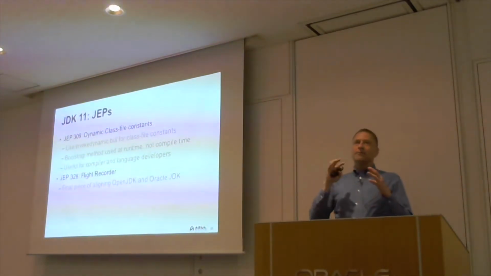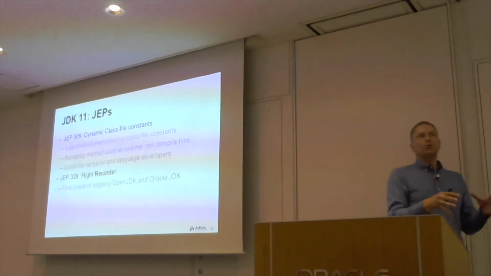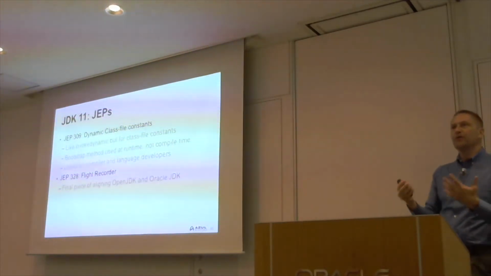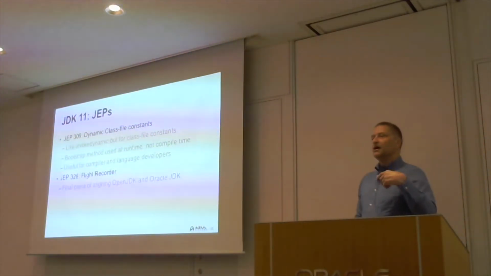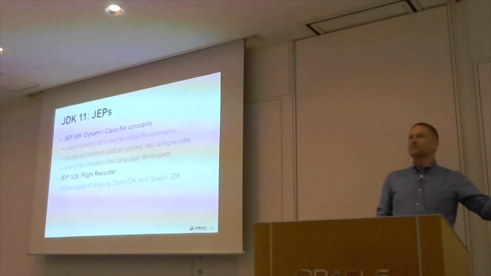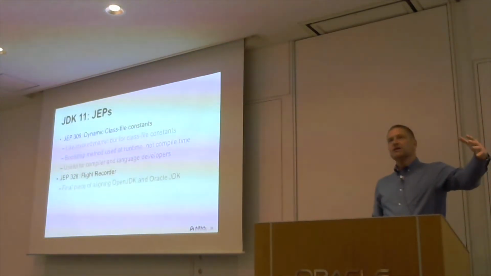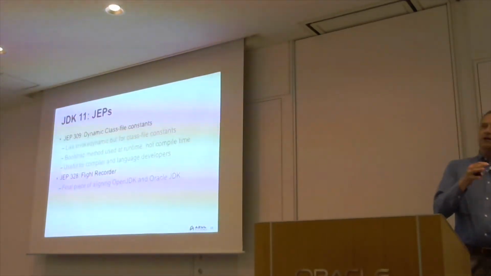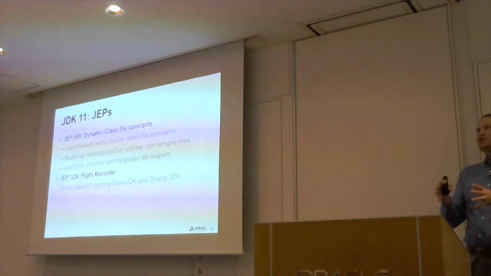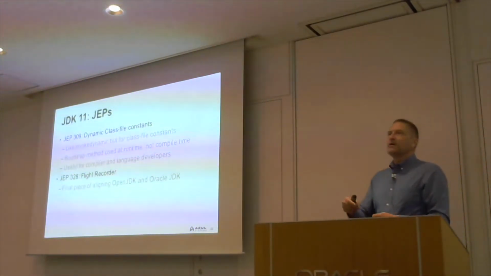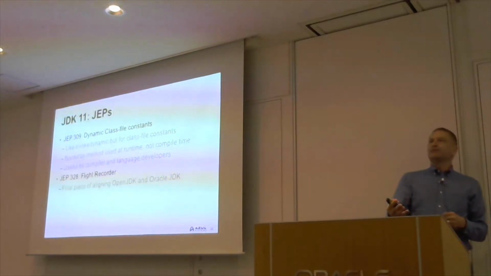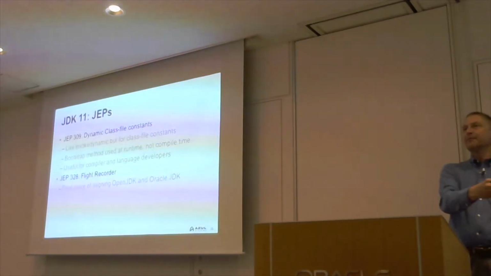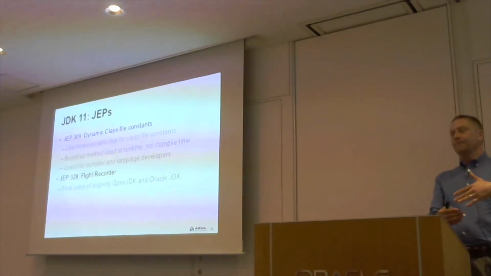This is about improving the way the JVM works with languages other than Java. Because if you think about it, lots of people have written compilers for languages like Kotlin, Scala, JRuby, all those types of languages that can be compiled into bytecodes. The thing is that not all languages, funnily enough, are like Java, but the JVM was originally written to run Java. So we've seen that in JDK 7 we got the invokedynamic bytecode, which was designed to help dynamically typed languages run on top of the JVM.